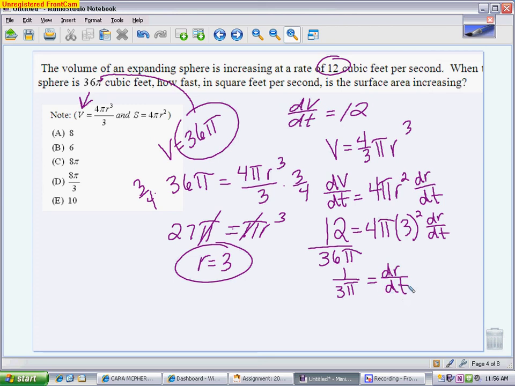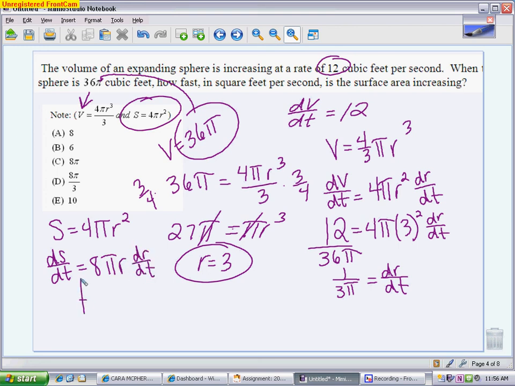Because what I'm really looking for is how the surface area is increasing. So I'm looking for what I would call dS/dt. So my surface area, which is given right here, S equals 4 pi r squared. When I derive that, I get dS/dt equals 8 pi r dr/dt. We're going to plug in what I know now. I know that my radius is 3. I know dr/dt I just found to be 1 over 3 pi. Nice thing is things cancel very well, and we don't have to worry about not being able to use a calculator. The 3's cancel, the pi's cancel, and at the end we get dS/dt to be 8,